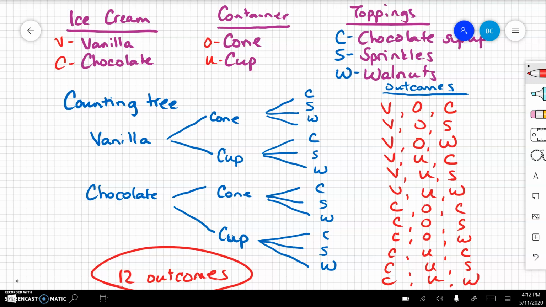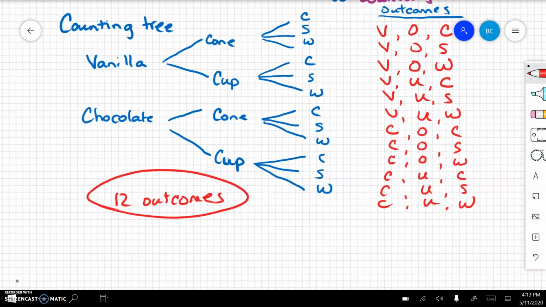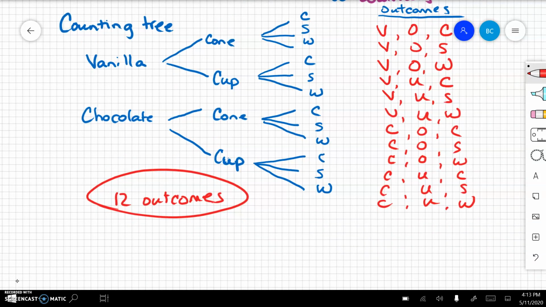So for many of you at this point, this is intuitive. Some of you probably even were doing this on the initial warm-up problems, where you're looking at how many options do I have for the ice cream? So there's 2 of those. And then how many options do I have for the containers? There's 2 of those. How many options do I have for the toppings? There's 3 of those. So if I multiply those together, I get 2 times 2 is 4 times 3 is